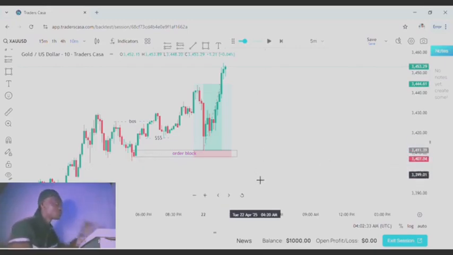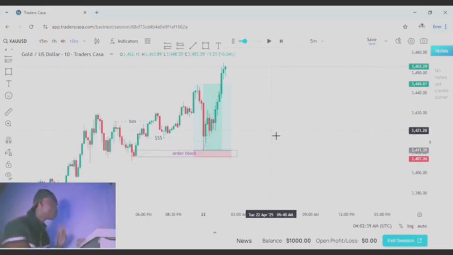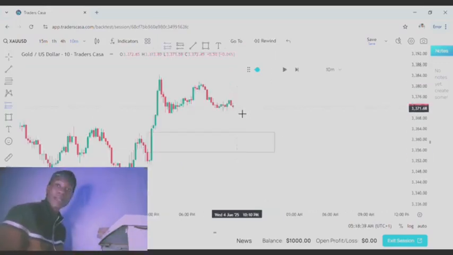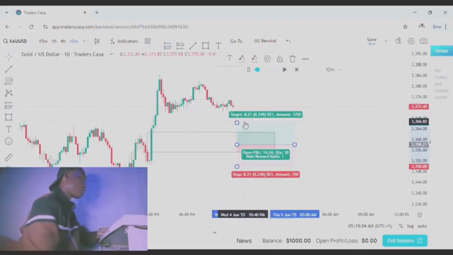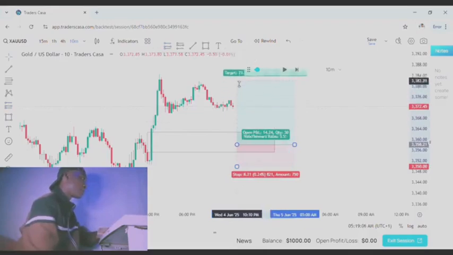This one is for order block. Next I'll show you fair value gap on a buy. I want us to first go through the buys before we go through the sells. I've already shown you the order block buy, so this one is the fair value gap buy. After this, we go over to the order block sell and the rest. So right here will be our entry. The profit will be at the high here.